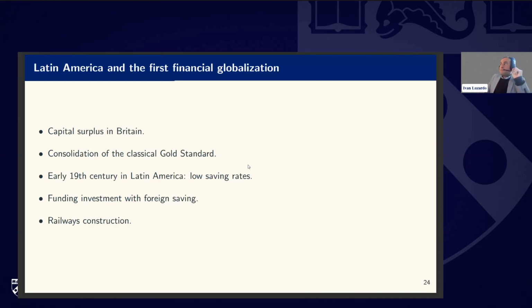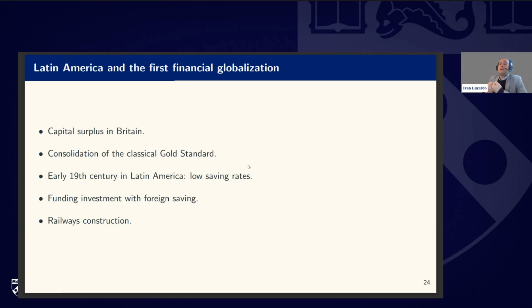Another important point to consider is that Latin America had a demand for credit. That demand for credit comes from the fact that the domestic saving rates were very low. Because of the problems during the early 19th century, most Latin American countries couldn't develop a proper financial sector. So you have very low saving rates, and without saving, you have no proper financial sector. So the only way to fund